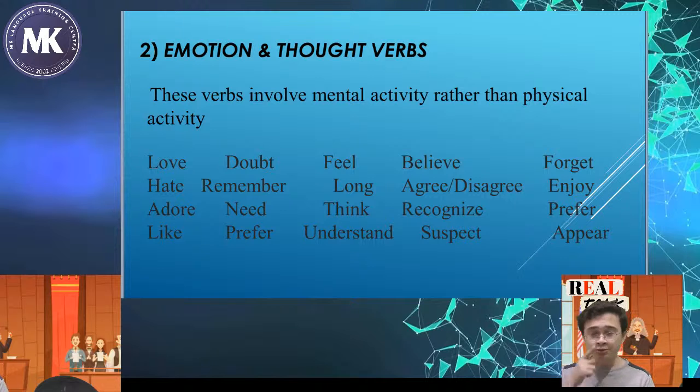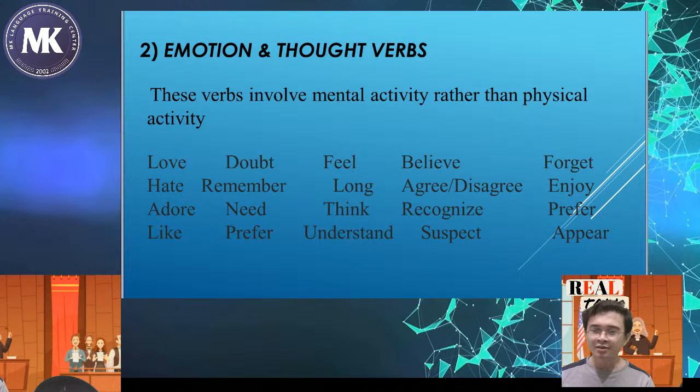And for number 2, we have emotion and thought verbs. The word emotion comes from our feeling, and the word thought comes from our mind. It's how we think. And these verbs involve mental activity rather than physical activity. Sometimes it's about our mind. Examples of these emotion and thought verbs are love, hate, adore, like, doubt, remember, need, prefer, feel, long,